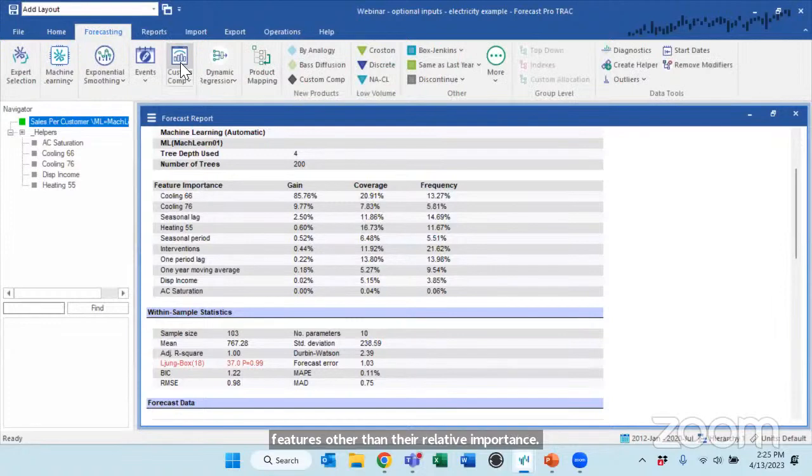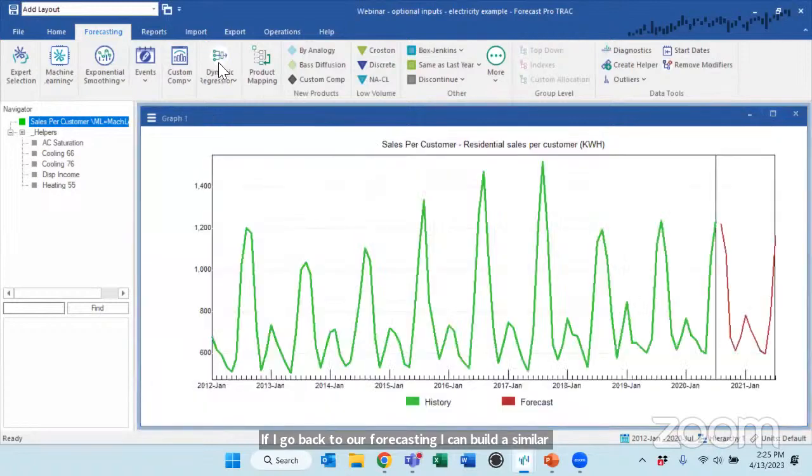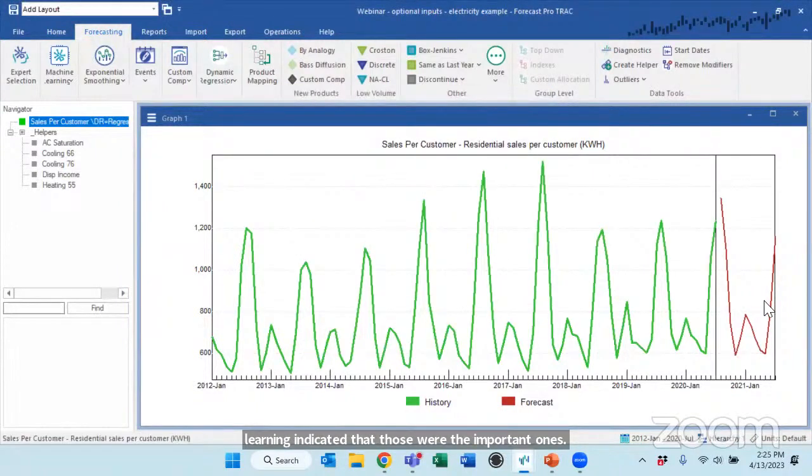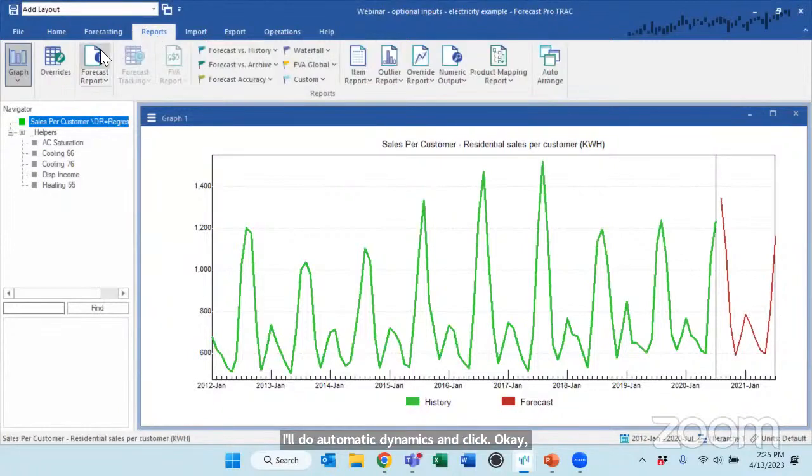If I go back to our forecasting, I can build a similar model in regression. Let me go back to the graph. We'll go under regression. I can include explanatory variables. I'm going to cheat a little bit and just do the weather because our machine learning indicated that those were the important ones. I'll do automatic dynamics and click OK. And this is now a forecast using regression. If I look at the report,